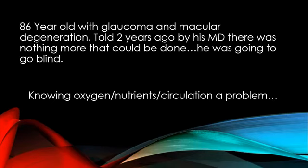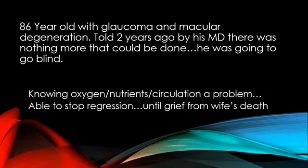Unfortunately, they misread his sleep results, and it took a year before they went back, looked, and realized there was an issue. So he did get some oxygen, and right away started to see some improvement. Then, unfortunately, when his wife died, things took a turn for the worse. Again, that's the effect of grief, which is totally understandable, but it does impact things physiologically. He was able to get some counseling and assistance, and with time and prayer,